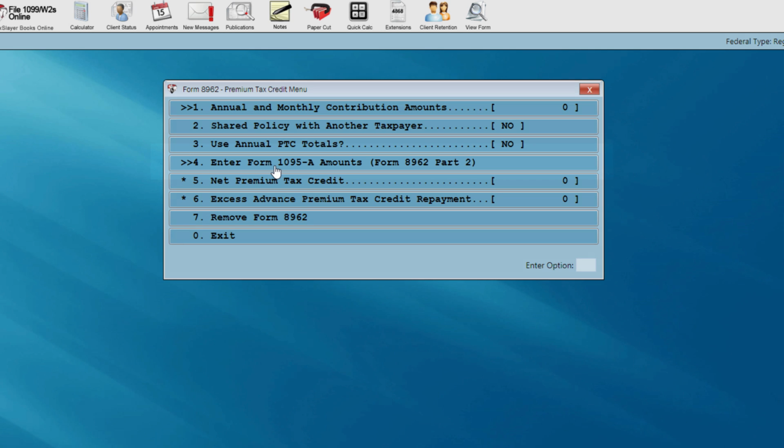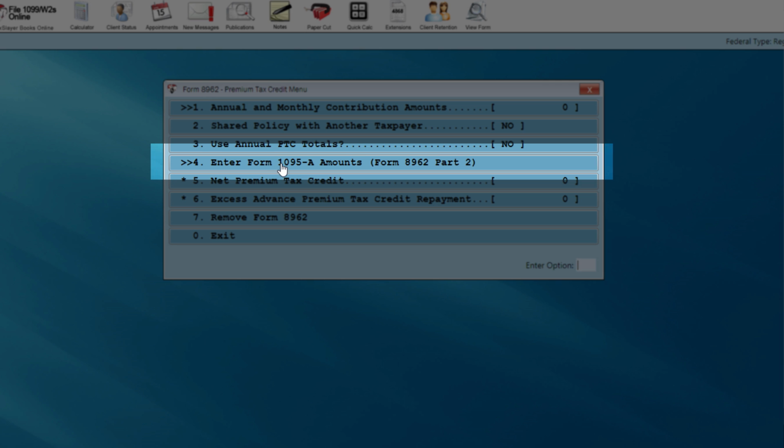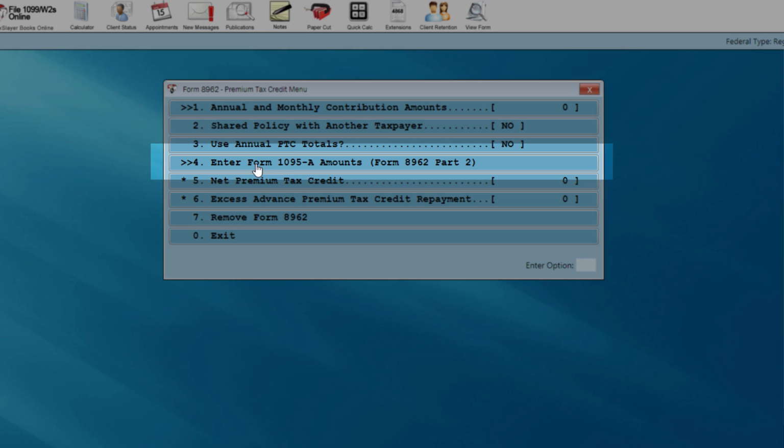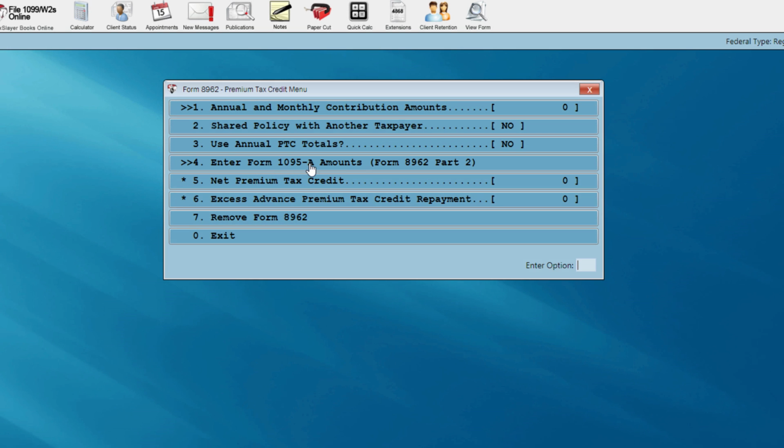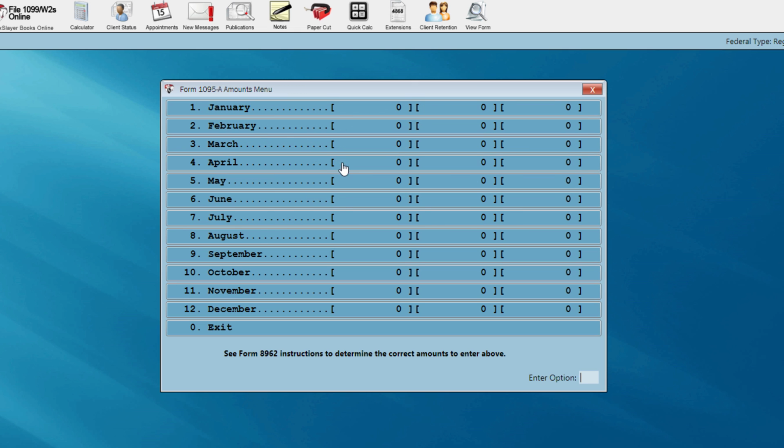1095A is part of the premium tax credit scenario, and I have the menu option right here, enter Form 1095A amounts. And again, it's associated with Form 8962. So I'm going to go ahead and click on number 4, enter Form 1095A amounts. I'm now presented with this screen, which lists the months of the year, and from my client's 1095A for each month of the year,